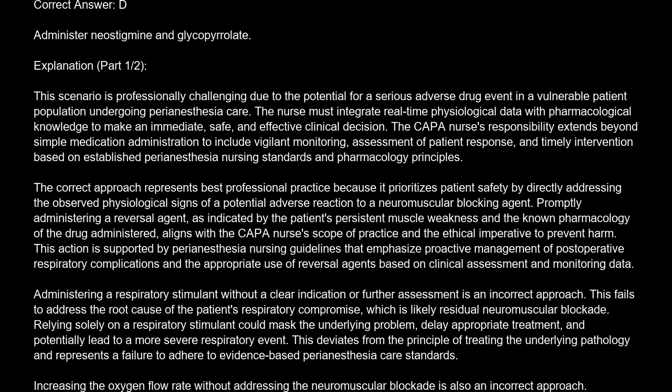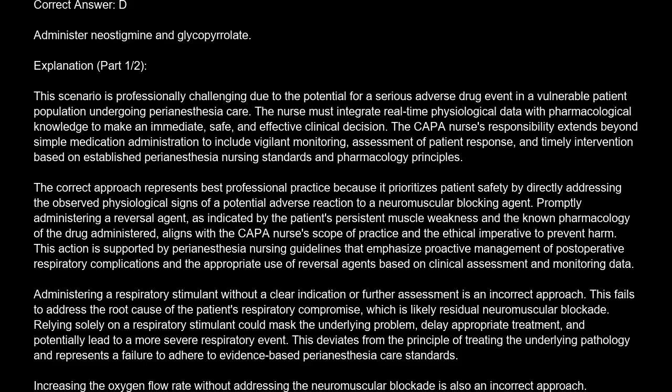This action is supported by perianesthesia nursing guidelines that emphasize proactive management of postoperative respiratory complications and the appropriate use of reversal agents based on clinical assessment and monitoring data. Administering a respiratory stimulant without a clear indication or further assessment is an incorrect approach. This fails to address the root cause of the patient's respiratory compromise, which is likely residual neuromuscular blockade. Relying solely on a respiratory stimulant could mask the underlying problem, delay appropriate treatment, and potentially lead to a more severe respiratory event. This deviates from the principle of treating the underlying pathology and represents a failure to adhere to